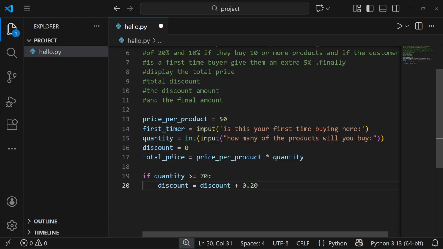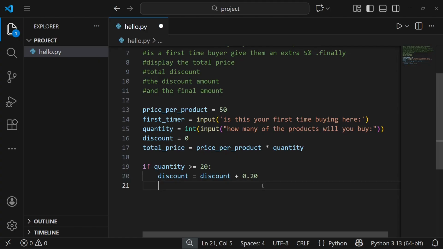So you see this discount is initially set to 0, and if the quantity of the product is greater than or equal to 20, then we have to increase this discount by 20%. Initially this discount is 0, so it becomes discount is equal to 0 plus 0.20, which is 0.20. So we are moving on to the other logic here. Otherwise, if quantity is greater than or equal to 10,